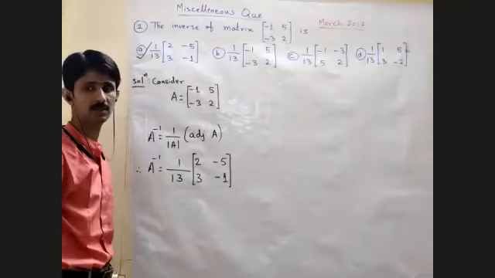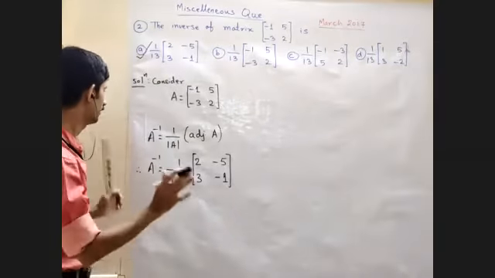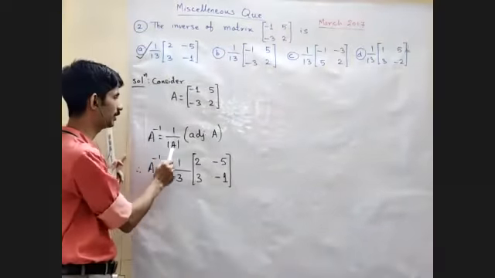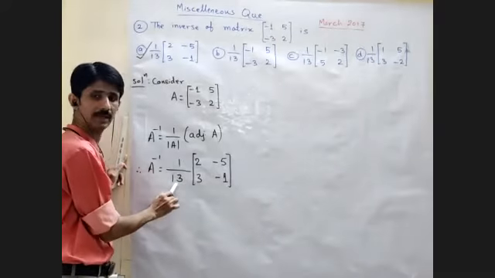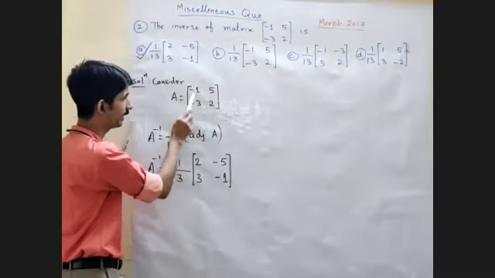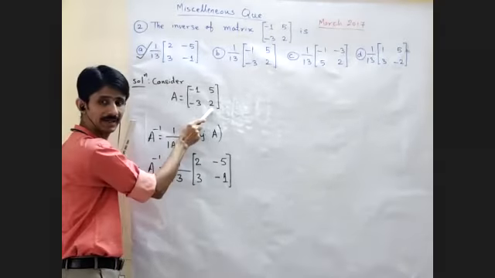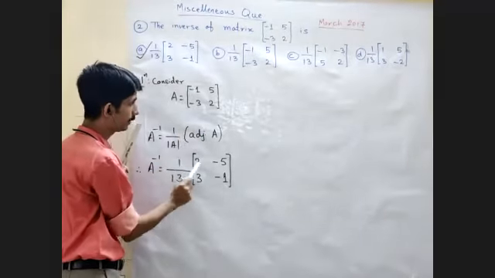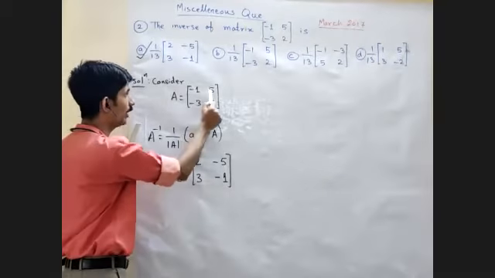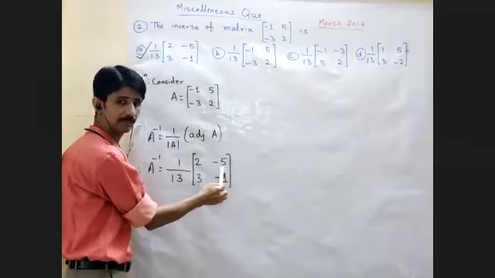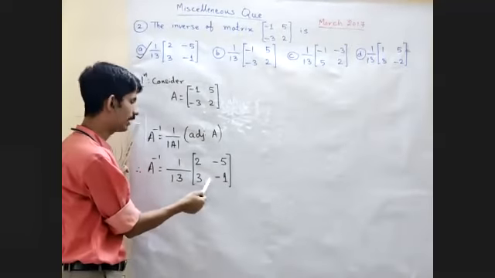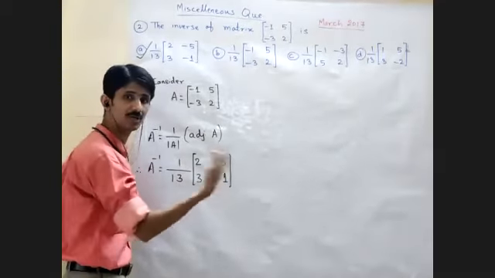Option A is the correct answer. Problem is over. Very simple procedure. A inverse is 1 by determinant of A into adjoint of A. Determinant of A का value निकालना है. Adjoint of A निकालने के लिए change the position of the diagonal element. इनका पोजीशन चेंज करो और जो नॉन डायगोनल एलिमेंट्स है दे चेंज ओनली इन साइन और जो आंसर मिलेगा वही हमारा ए इनवर्स बन जाता है.